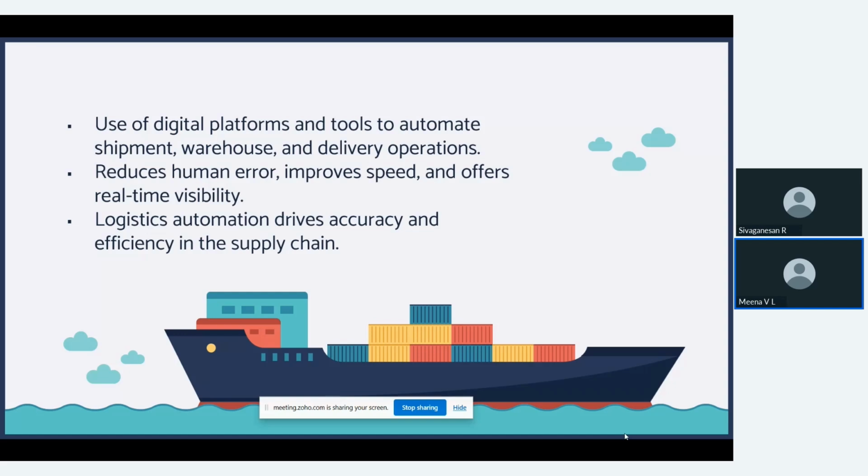So what will this do? This will reduce all the human errors, and since everything is getting automated, you can speed up your process and you can take up more orders by reducing the time taken for each of the manual work you do. And logistic automation will give you accurate data. Anytime you log into the system, you will have all the data in place, so you need not go and search, and there will not be any loss of data while you automate this process.